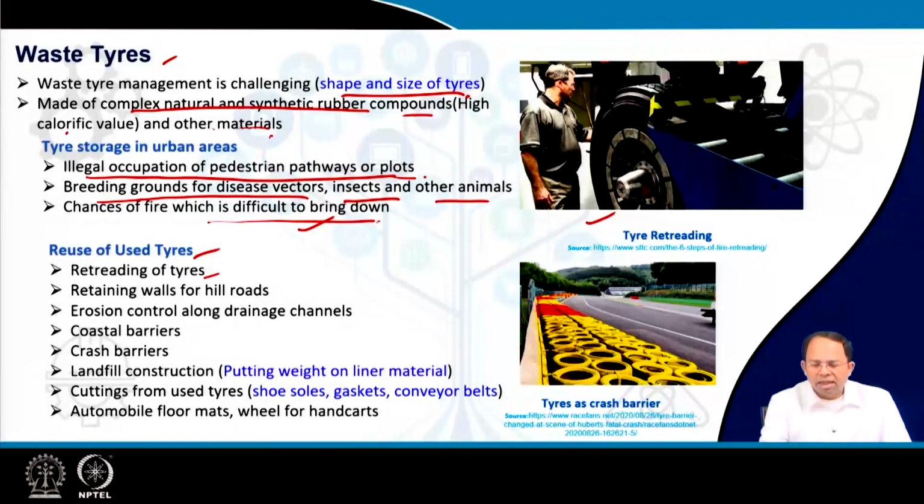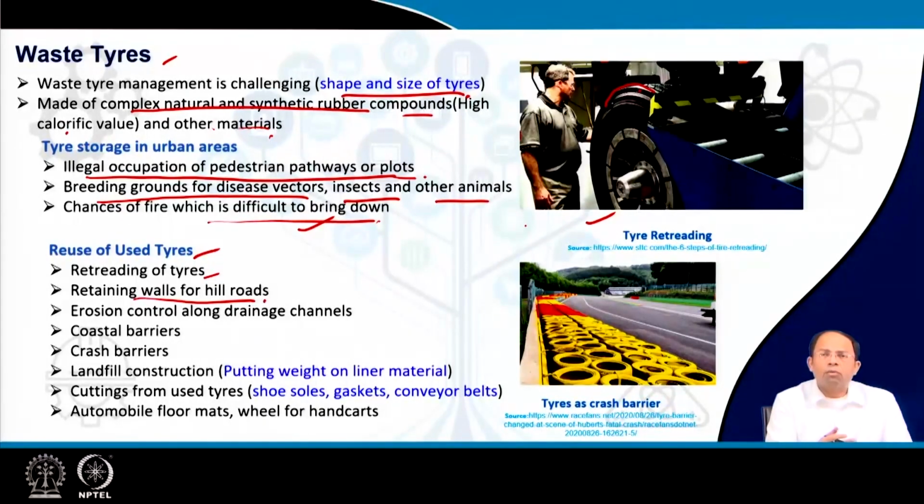The tire is made of natural and synthetic rubbers, so they gradually wear off after time. So we can put an additional layer of rubber at the top, a process known as retreading, so that we can reuse this tire again. Retaining walls for hill roads: we can cut these tires into large pieces, and they can help